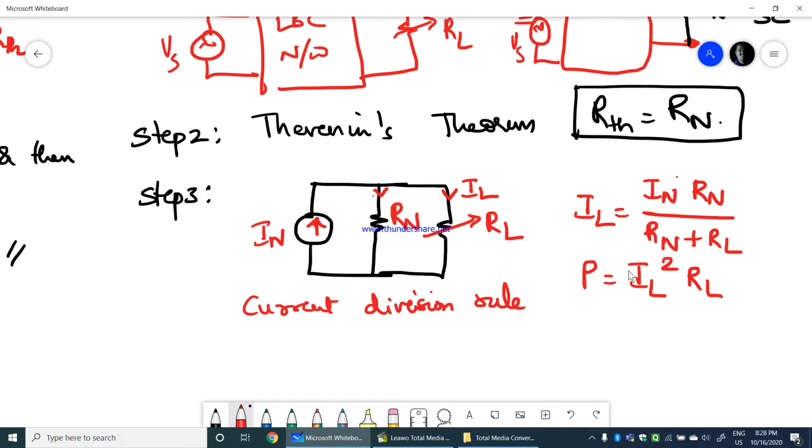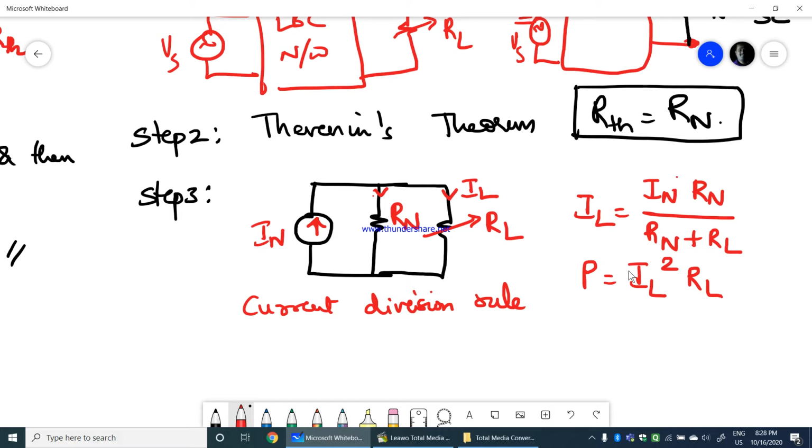You need to state it and you need to explain the steps involved in Norton's and Thevenin's theorem. Like how do you calculate V Thevenin, how do you calculate R Thevenin, how do you calculate Norton's current, and how do you calculate Norton's equivalent resistance, which is again equal to Thevenin's equivalent resistance. And then how do you write the Thevenin's equivalent circuit and the Norton's equivalent circuit, and then find out the current IL.